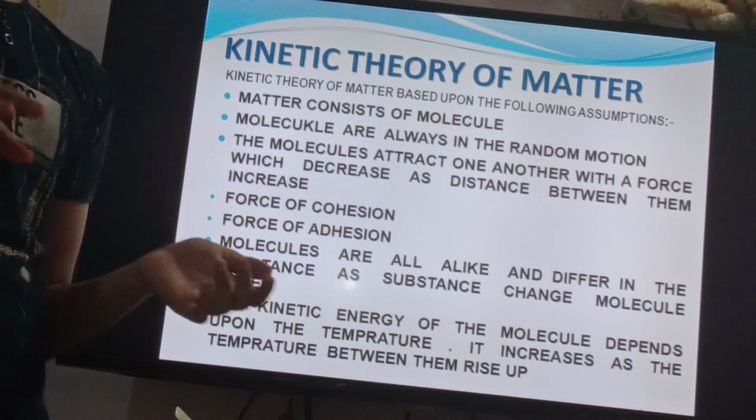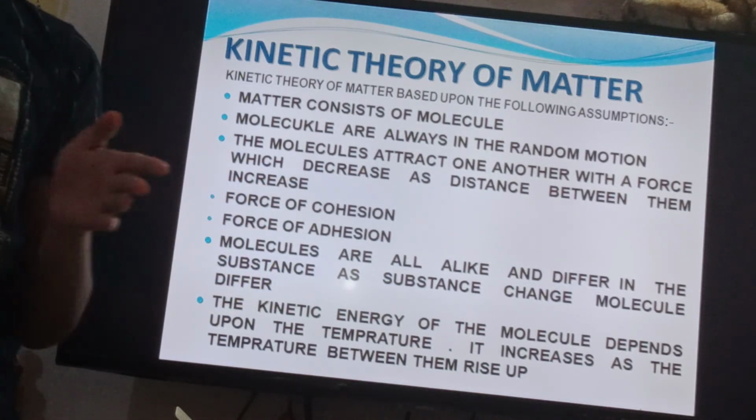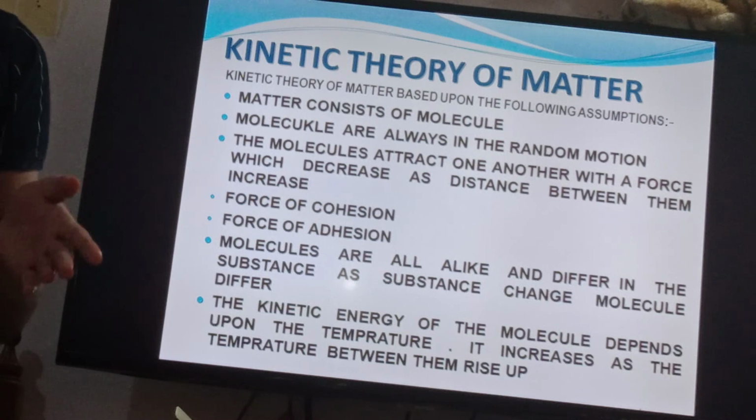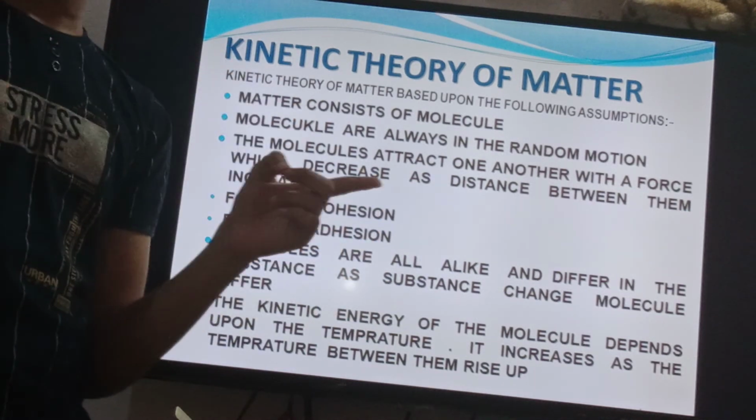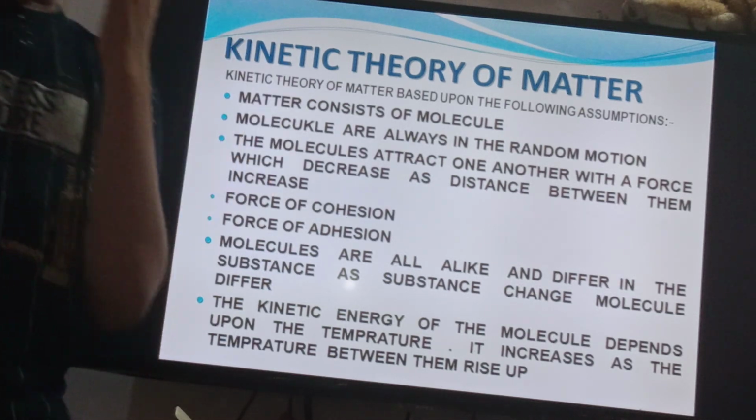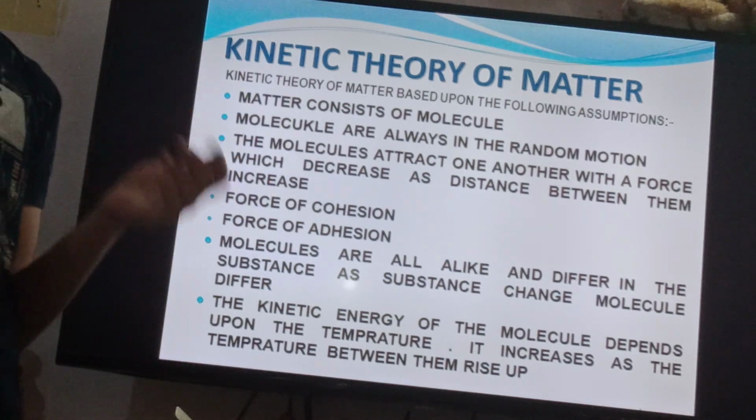Okay, so the force which combines the molecules, it is the force. These are the two forces. These are the intermolecular forces of attraction of the molecules. But these are also of two types. What types? Force of cohesion and force of adhesion. Okay. Force of cohesion, force of